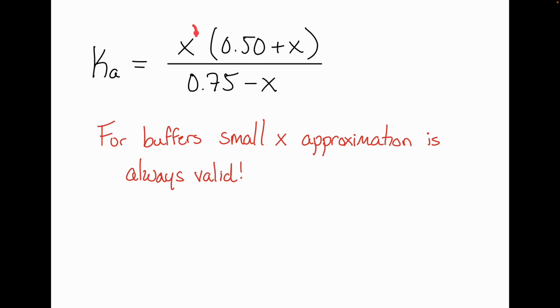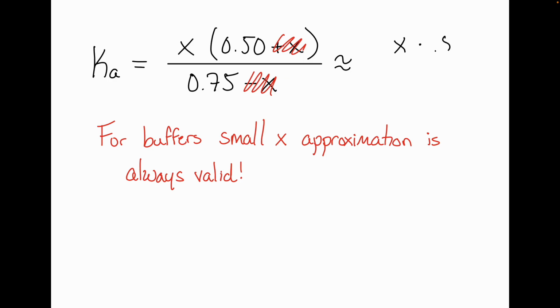All right, now I can't set this x to 0. You can convince yourself that that would just break down the entire equation here, right? It would mean that Ka is equal to 0. That doesn't make any sense. But the small x approximation says that 0.5 plus x is basically just 0.5, and 0.75 minus x is basically just 0.75 because x is so teeny tiny small, right? Think about it. X is like 0.00001. It's not going to change the value of those numbers very much at all, which means that this simplifies to